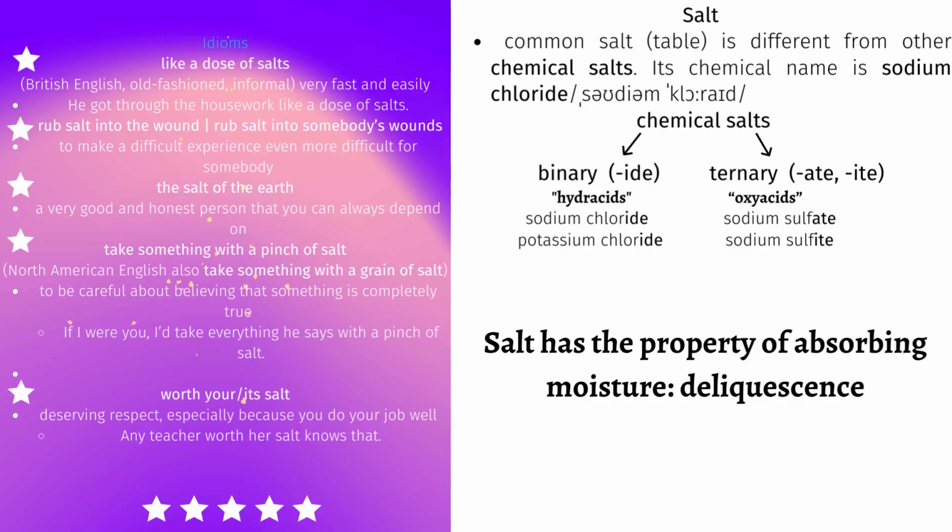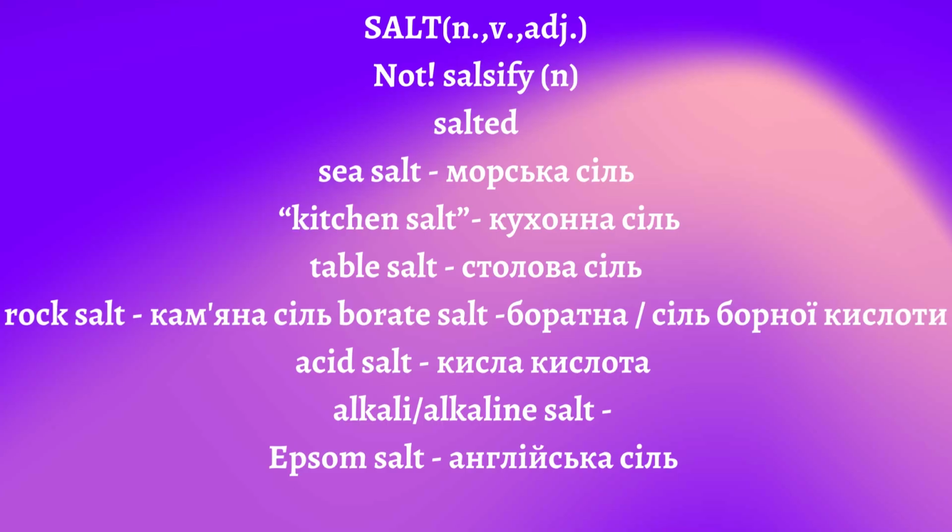Verb. First one: to salt something, to put salt on or in food. To salt something down, to preserve food with salt. To salt something, to put salt on roads to melt ice or snow. Phrasal verb: salt away, to salt something away, to have something for the future secretly and usually dishonestly. Adjective: salt water, salt beef.